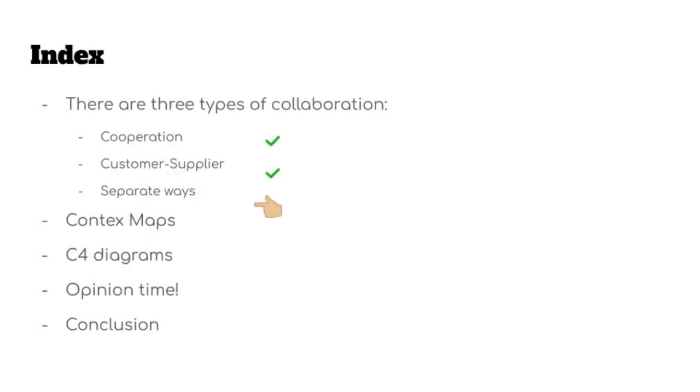In the last episode, we covered 2 of the 3 types of collaboration between contexts. In this one, we will cover the last type, separate ways, and then continue with context maps and C4 diagrams. We will then conclude this shorter video with my personal opinion and experiences and the conclusion. With this short summary out of the way, let us pick up where we left off and introduce the final type